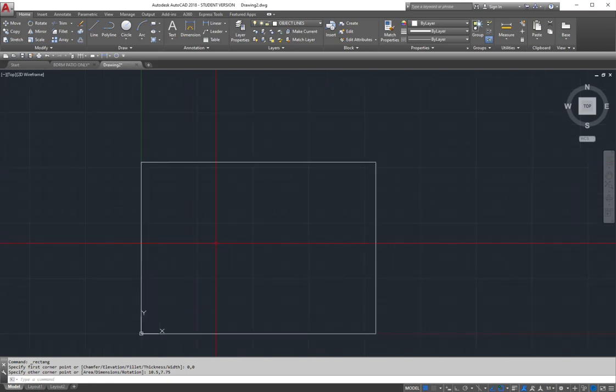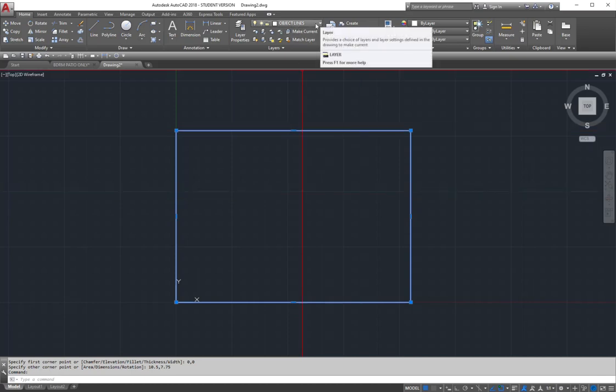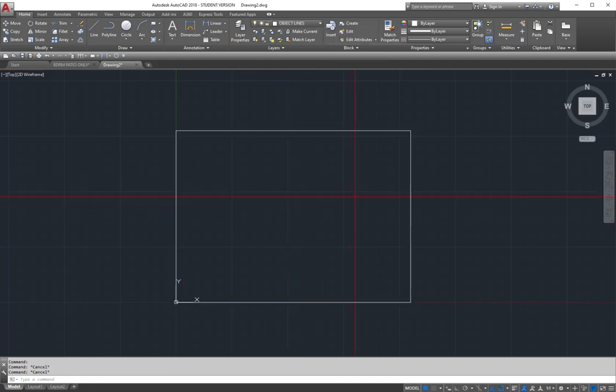Now, what is wrong with this border? I set my layers up so that I can put my drawing objects on the right layer. So if I look at this border, it's supposed to be under border. But if I select it and go to my layers right here, it's actually under object. So that's not where I want it. I can do two things. I can select it, delete it, and recreate it,